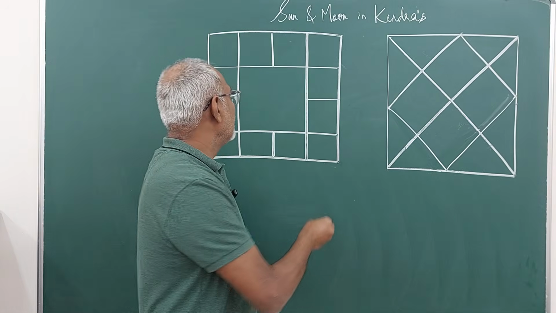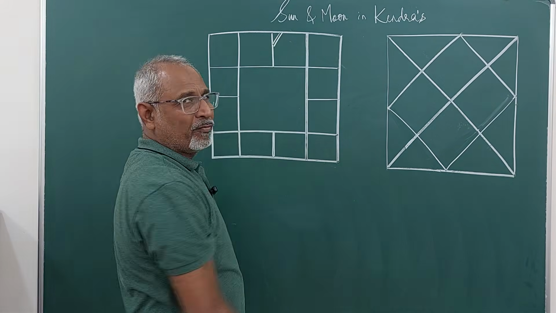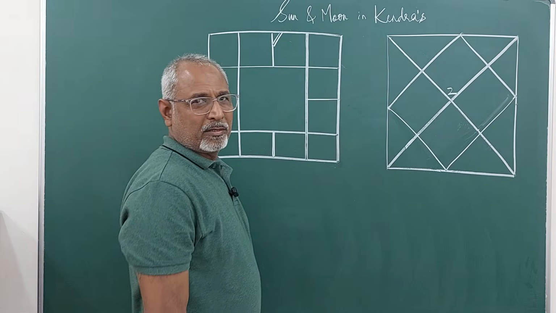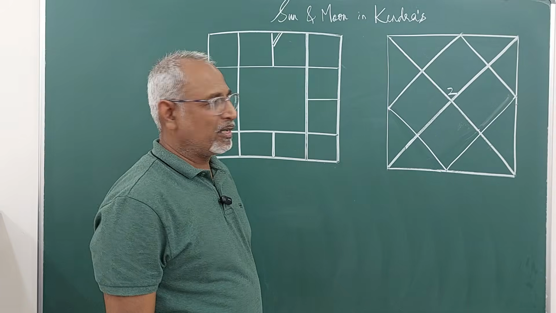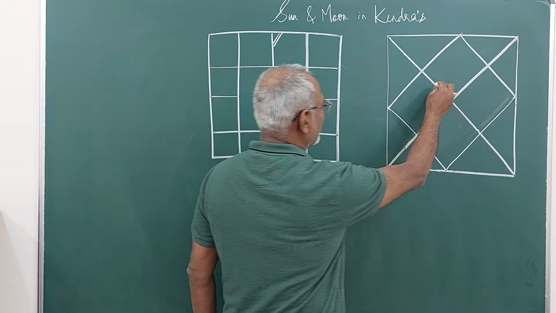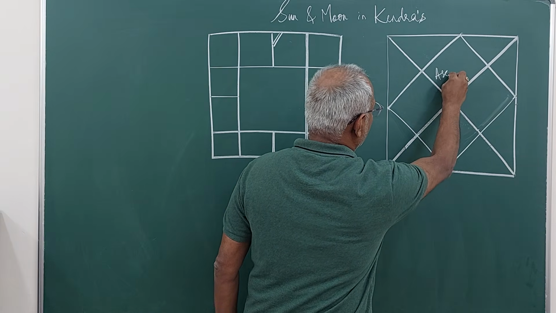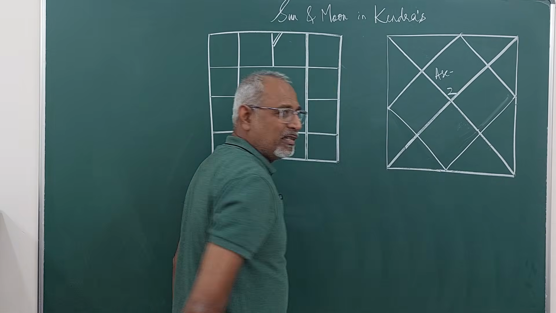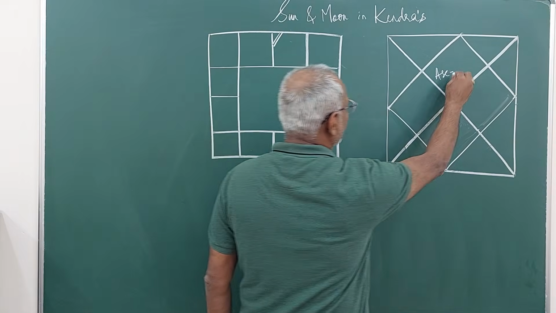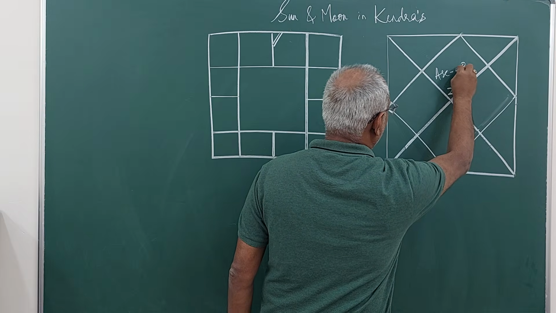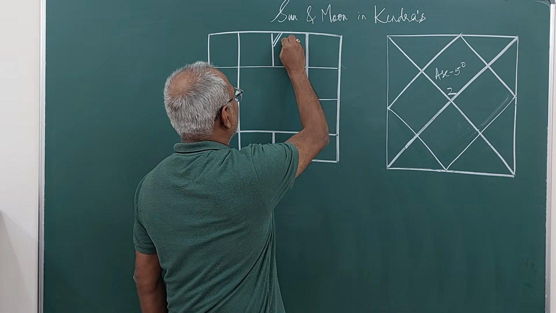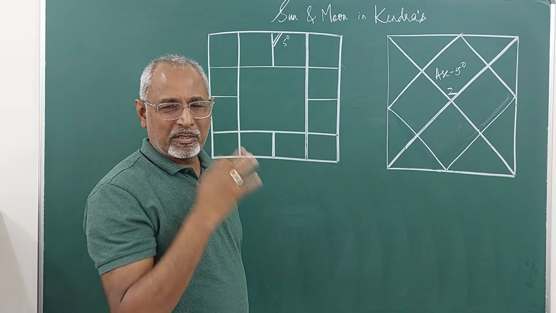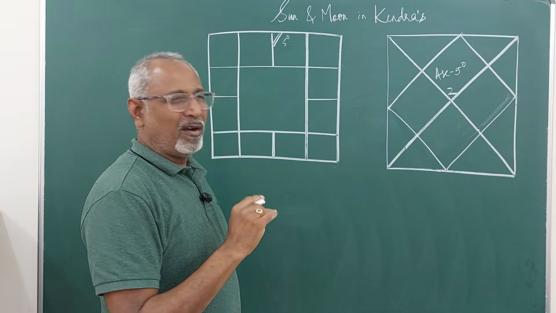For example, if I am taking this ascendant of Taurus, as per the North Indian chart also, this is the ascendant, that is why they write 2 here, but just writing because the degrees have to be mentioned. So if the ascendant is at 5 degrees, then the first house, fourth house, seventh house, and the 10th house on